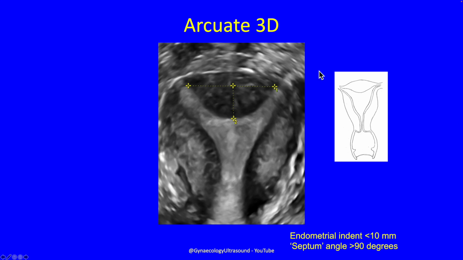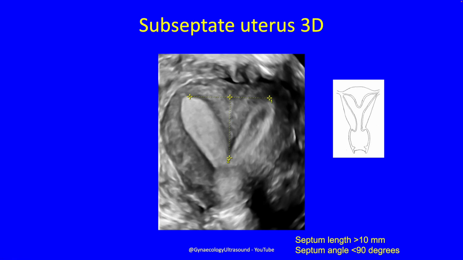Now this is an arcuate uterus, where you've got a dip, a fundal dip into the myometrial cavity. If this is less than 10 millimeters and this angle is more than 90 degrees, then that's an arcuate uterus. This is extremely common, of course. A subseptate uterus,